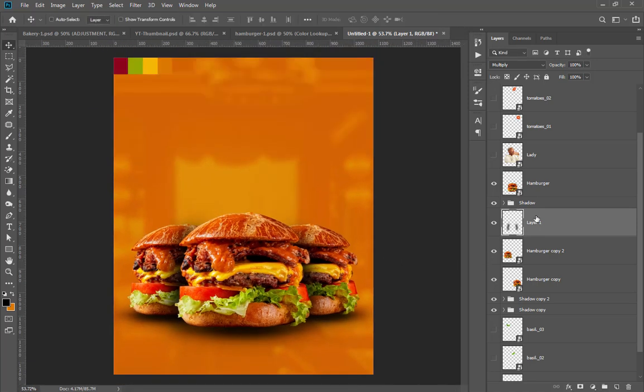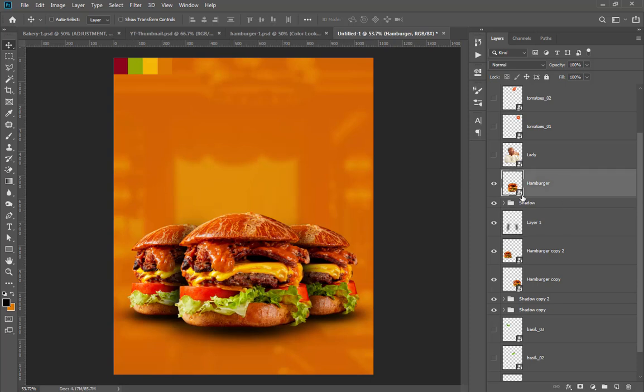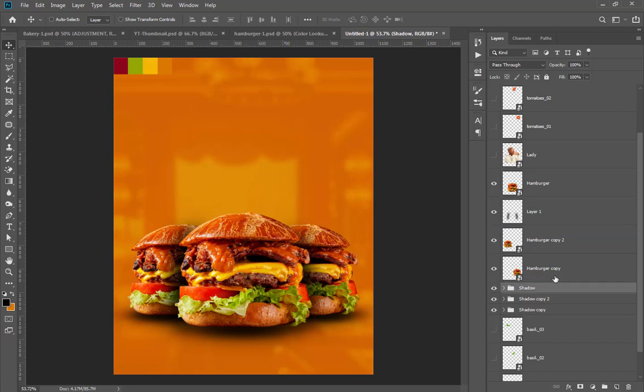Okay, now let's create a reflection for the beggars, but before we do that, let's group all of the beggars, I should say. But I think we should reposition. So let's reposition the shadows. The shadows should all be beneath the beggars with the exception of the shadows on the sides. So now let's select all of the beggars